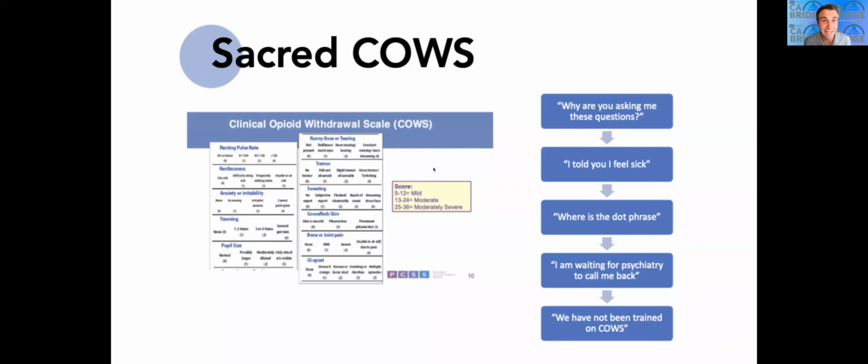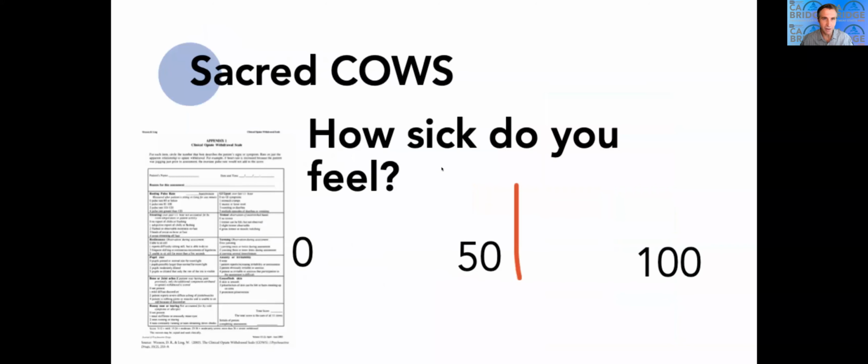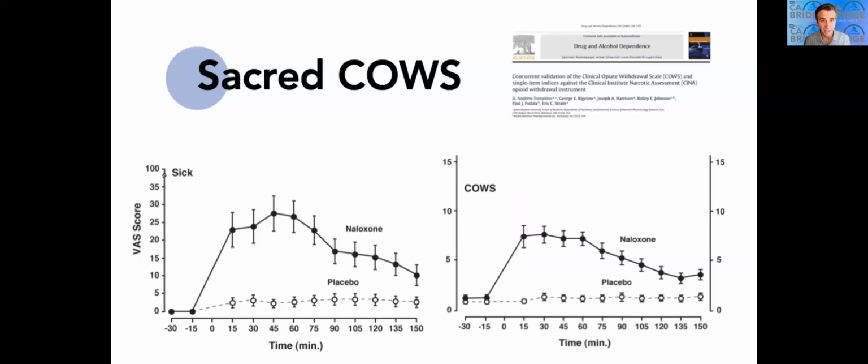It's not clinically applicable, really, right? You can do it. But the main thing is if you compare it to just how sick do you feel from withdrawals? The curves are exactly the same. This is Andy Tompkins over at UCSF, who did this nice study where he literally takes people who are on opioids, he administers naloxone, induces withdrawals, and then he compares COWS scores, you know, subjective opioid withdrawal scores, and just a unidimensional single question, how sick do you feel from withdrawal? The curve is the same.